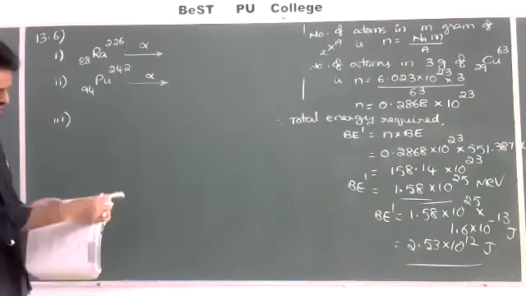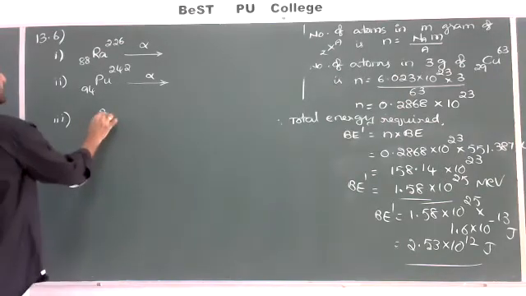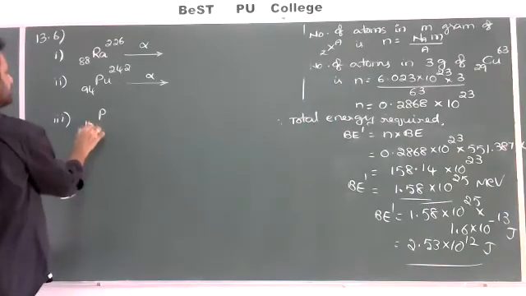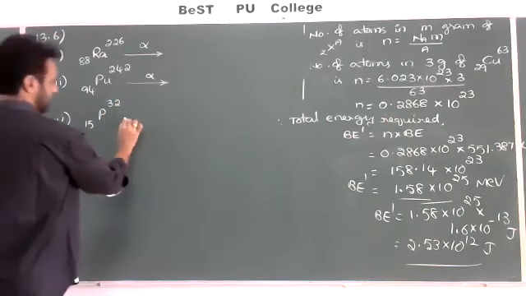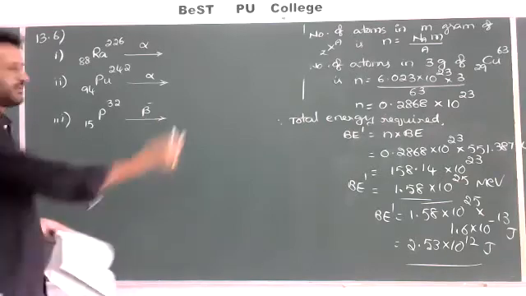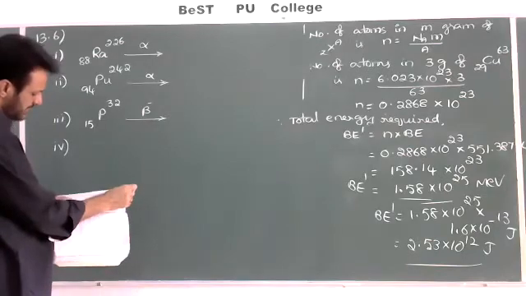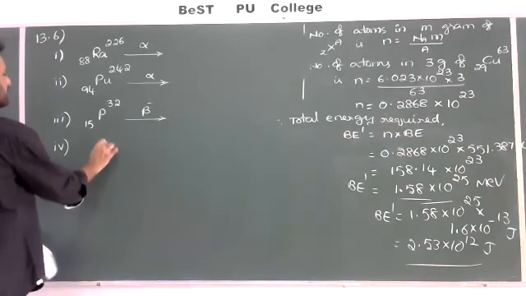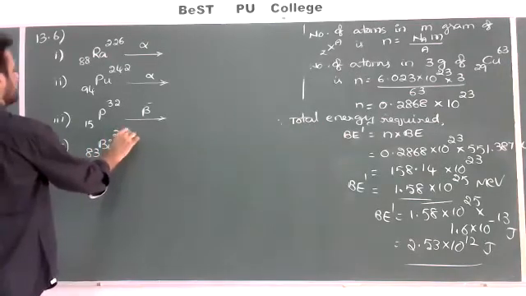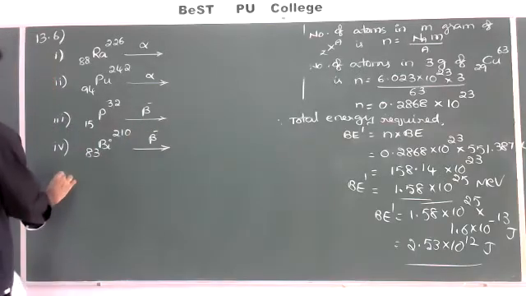Third question, beta minus decay of phosphorus. So phosphorus with atomic number 15, mass number 32, emission of beta minus decay, you should write beta minus, then what will we get? Fourth one, also the same, beta minus decay of bismuth, atomic number 83, mass number 210, also the same, you should take a beta minus decay. Next, fifth one,